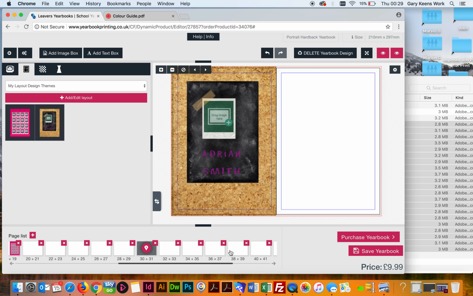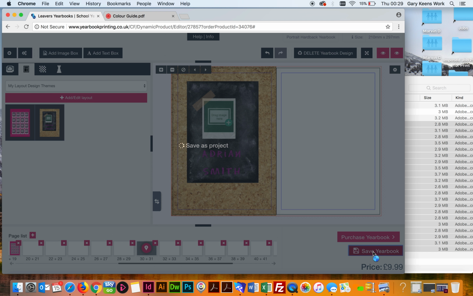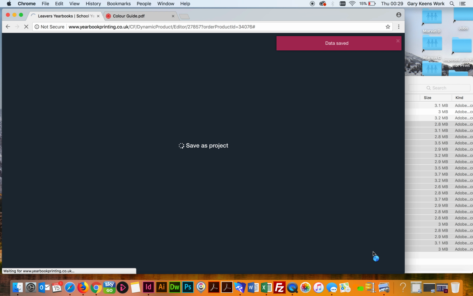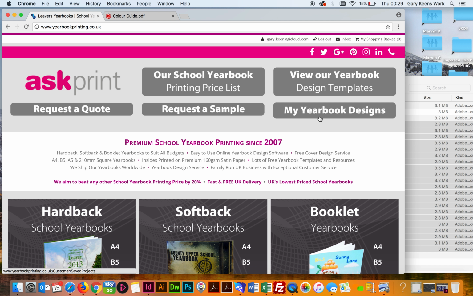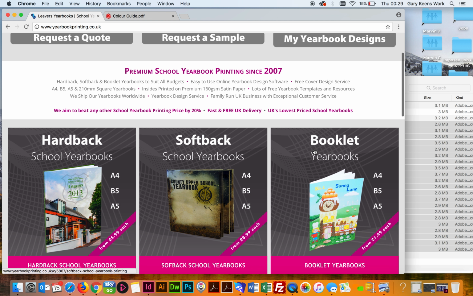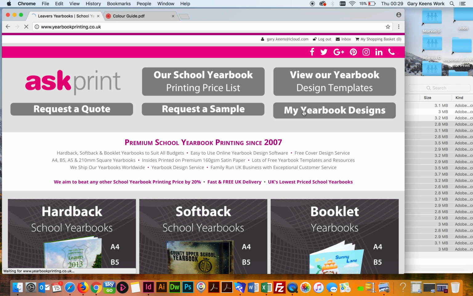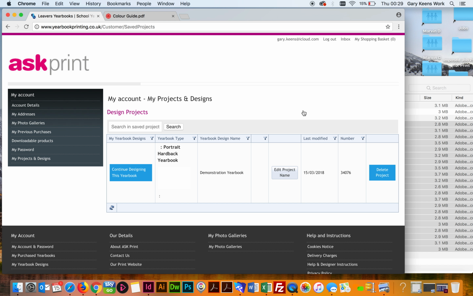Okay, so that gives you an overview. If you want to move out of it, just go save yearbook. But all the data was saving as we were going along anyway. And if you go back to the main menu of our site, My Yearbook Designs is where you will find your saved product. So if I go to My Yearbook Designs,